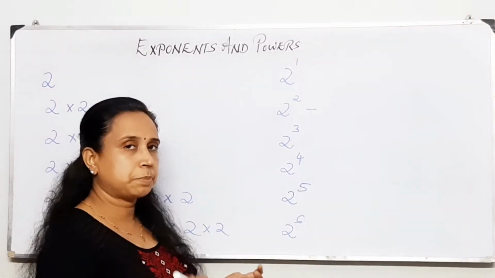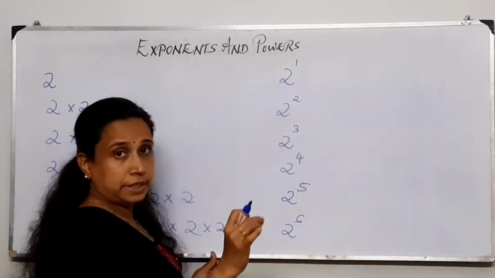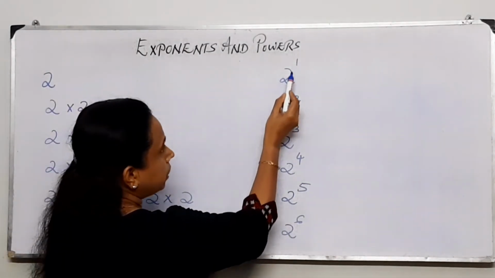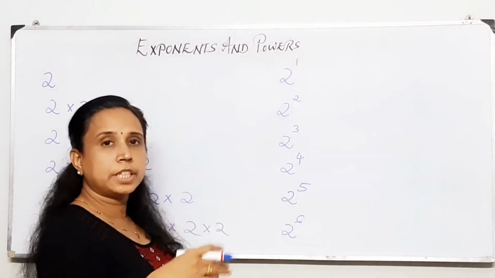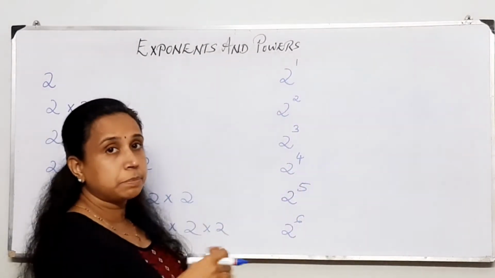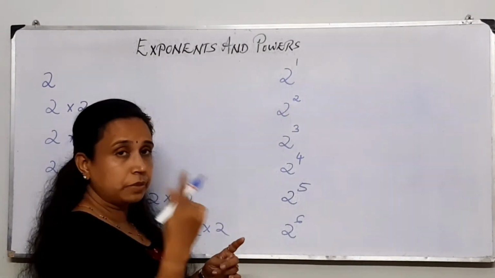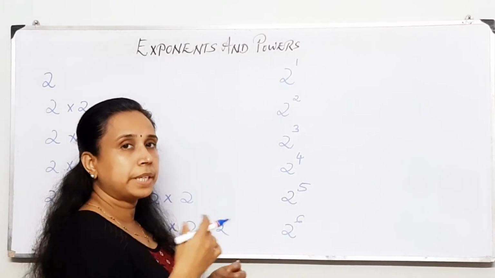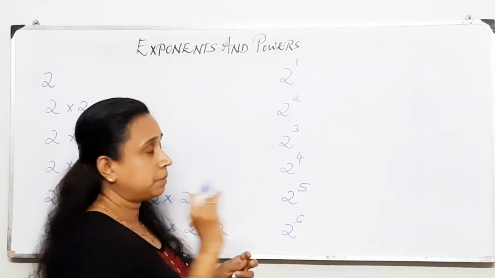So these numbers are exponential numbers, and after that, what is the base and what is the exponent? In 2 raised to the power 1, actually, 2 is repeating. 2 is kept on repeating by itself. Am I right? 2 raised to the power 2: 2 is repeating. Here 2 is repeating one time, 2 is multiplied with 1, only one time. Here 2 raised to the power 2 means 2 is repeated, that is, 2 is multiplied by itself 2 times. Here 2 is multiplied by itself 3 times.